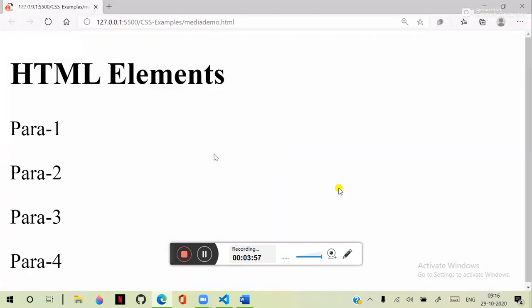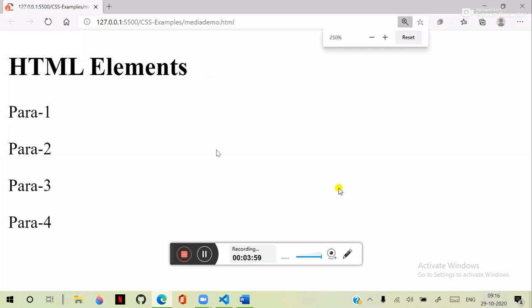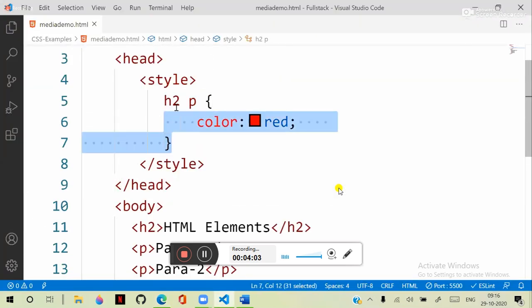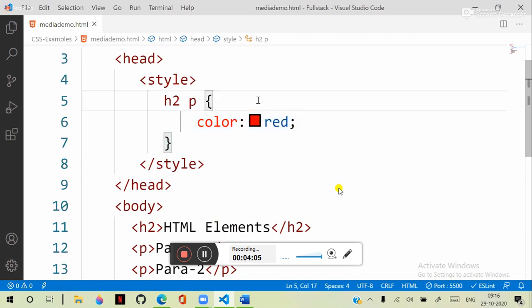You can see it's not working. Why? Because paragraphs are not child elements of the heading. They are adjacent elements of the heading. So to apply to the adjacent element,